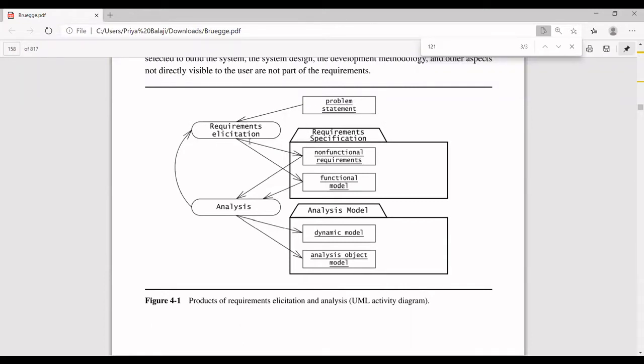In this diagram, they clearly say that from the client you are collecting the requirement specification, that is termed your requirement elicitation. This requirement elicitation is nothing but defining what the functional requirements and the non-functional requirements are. From these, you will do the analysis: whether this particular thing is required, whether it needs to be included in your project, whether this requirement will be considered. That analysis is in the form of a diagram: dynamic diagram, sequence diagram, activity diagram, interaction diagram, class diagram. All these will be in the form of analysis.